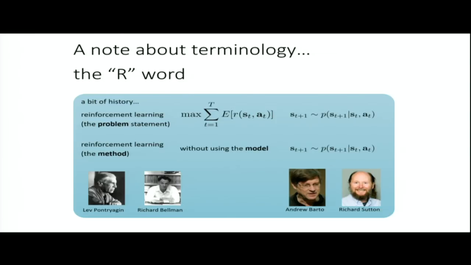You can have model-based reinforcement learning, which again can mean one of two things. It means either you already know that model or you learn the model and then use it. So if you hear reinforcement learning and you're not sure what somebody means, they might actually just mean optimal control. They might mean this thing. Or they might mean model-free reinforcement learning or something in between. So yes, it's ambiguous. It basically means all of those things.